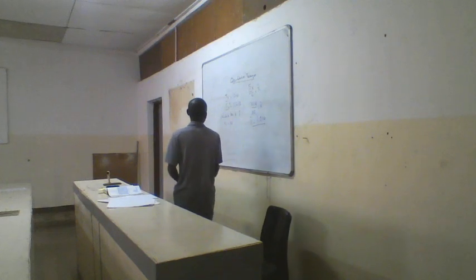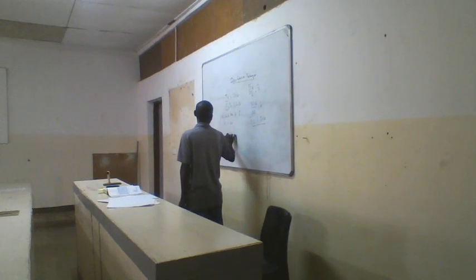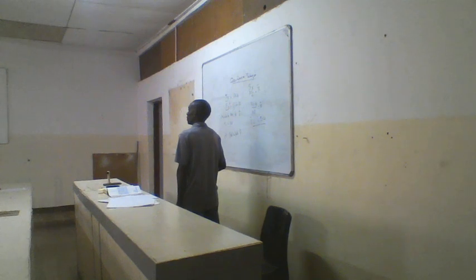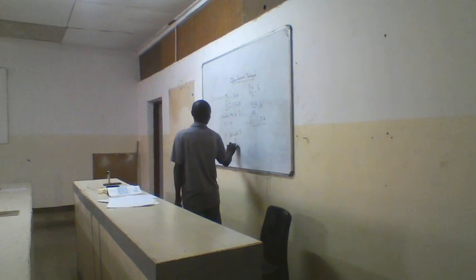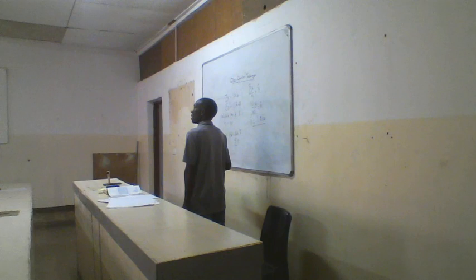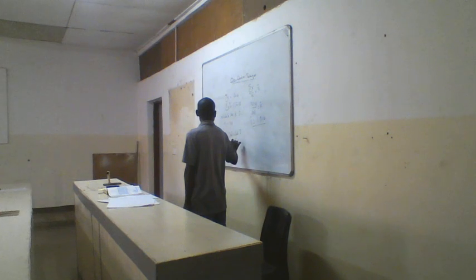So to calculate the standard deviation, for part B, what you do is use the sum of X squared